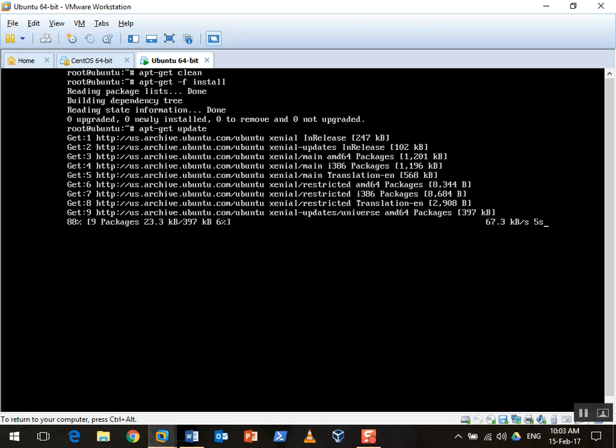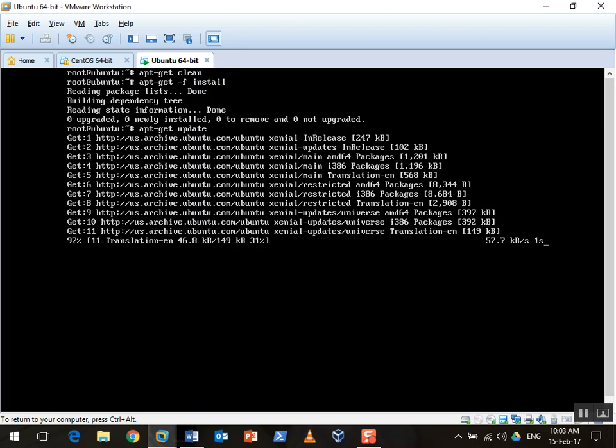So once that is done, your repository update has happened. You can now check in your systems there. You can keep on doing your installation, package management, whatever you want to do. For installing your packages, you have to do apt-get install followed by your package name. For removing a software, you have to do apt-get remove. Okay. So now it has updated all my repositories. It has updated my kernel. I can try apt-get